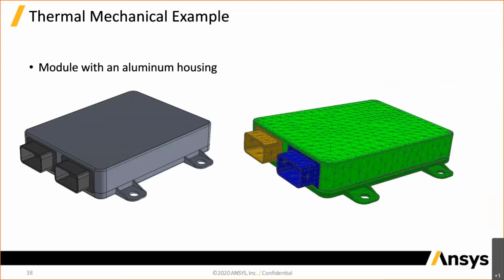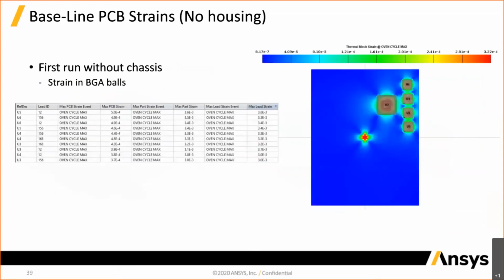So I made just a quick example of something like an automobile module. It's two aluminum halves, and they're going to be sandwiching a board together. I just made it simple. I've got my four memory chips and my CPU, and I just stuck them up in the corner. What we're going to do for this type of analysis is a strain versus strain comparison. So we'll run the board through the temperature cycle